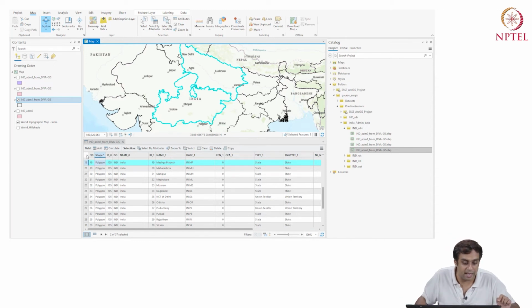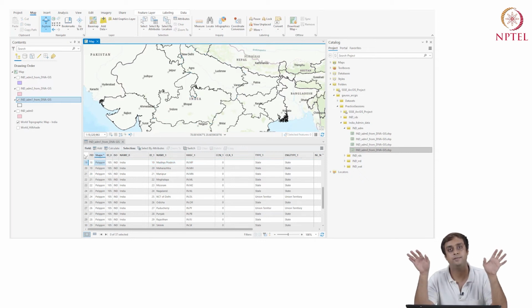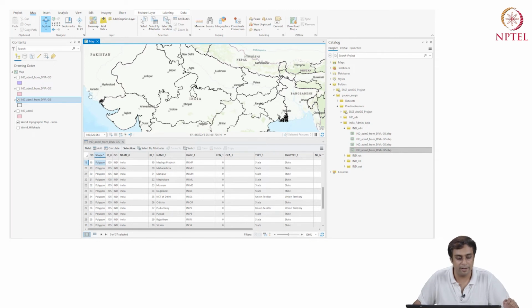Here I can go to the top left corner, and in this white box, if I click, it deselects everything. In the older versions, you will not have these clear, switch and other buttons, but you can still explore and conduct all those functions even without explicit tabs for them. Okay, so I can also close the attribute table.